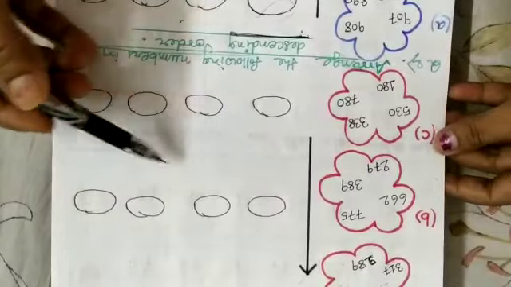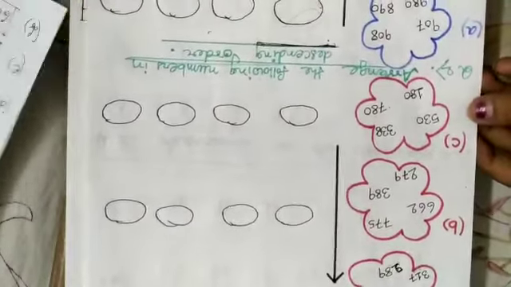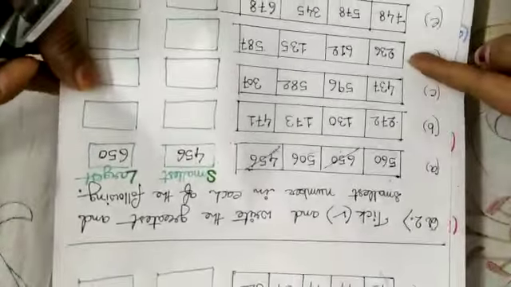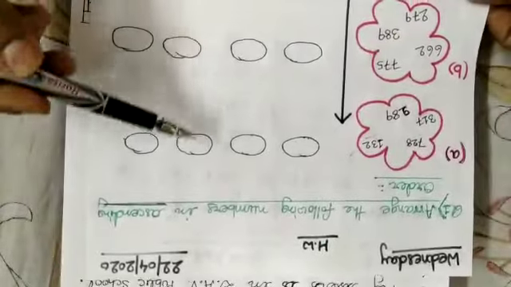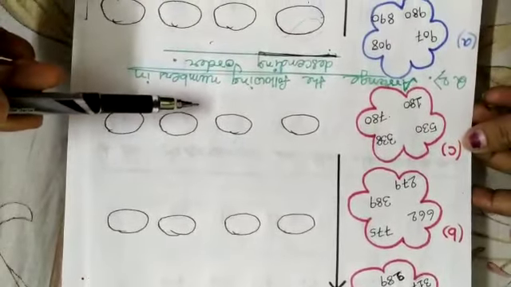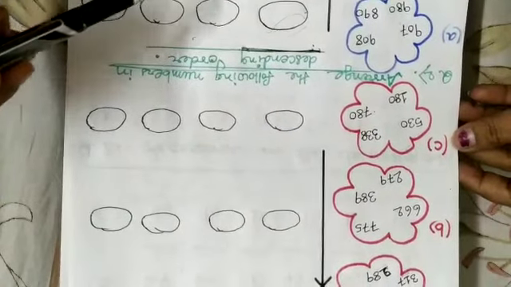I know my children are very smart, so they'll do it quickly. So this is your homework. Don't do it now. That is why I made the separate videos. But now there are 2 worksheets. First worksheet, you'll do it now and show it to me. I'll check it. Another one is the homework. You do it and submit it afterwards, after the class is over. Okay? That's all for today.